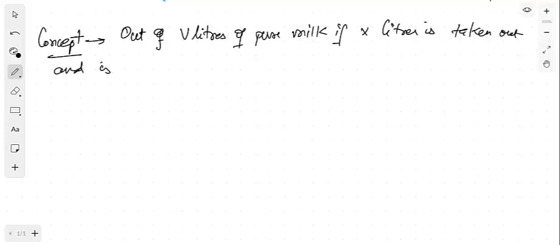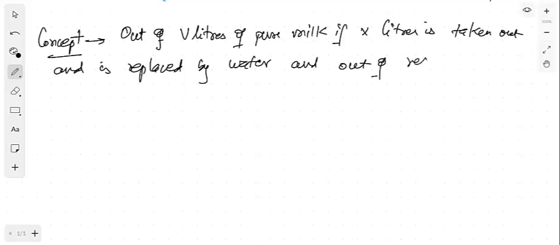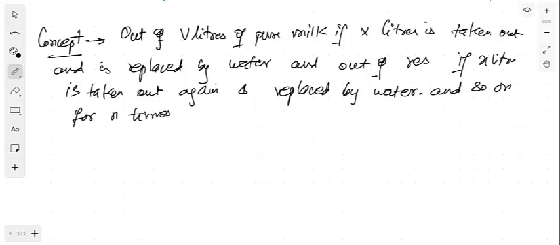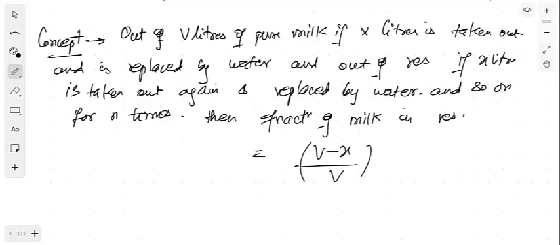Out of V liters of pure milk, if X liters is taken out and is replaced by water, and out of the resultant, after replacing, if X liters is taken out again and replaced by water, and this continues for n times, then the fraction of milk in the resultant will be equal to (V minus X) divided by V, to the power n,